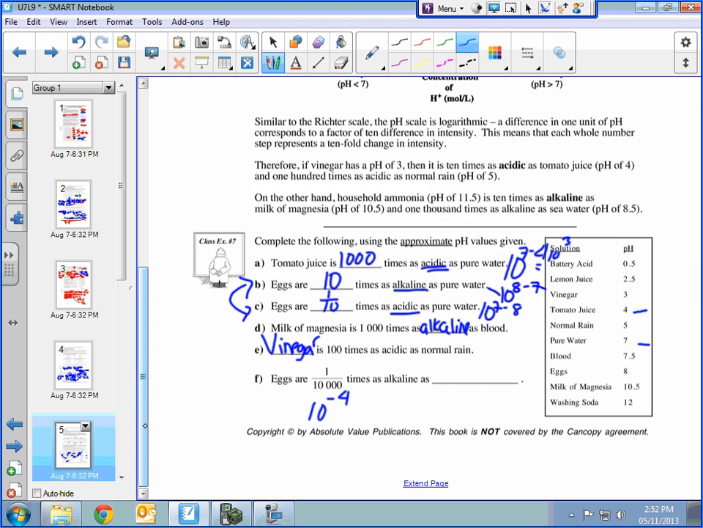So if I have a negative exponent and I'm talking about alkaline,